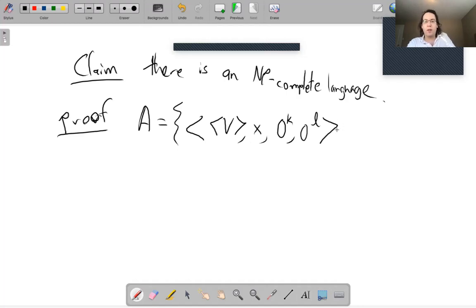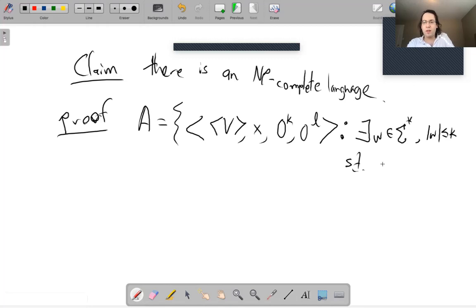So it's this tuple. And then what we want to decide about this tuple is whether there exists W in our alphabet. We can pick the alphabet to be whatever we want, like 0, 1, let's say. If there exists W in the alphabet of size at most K,